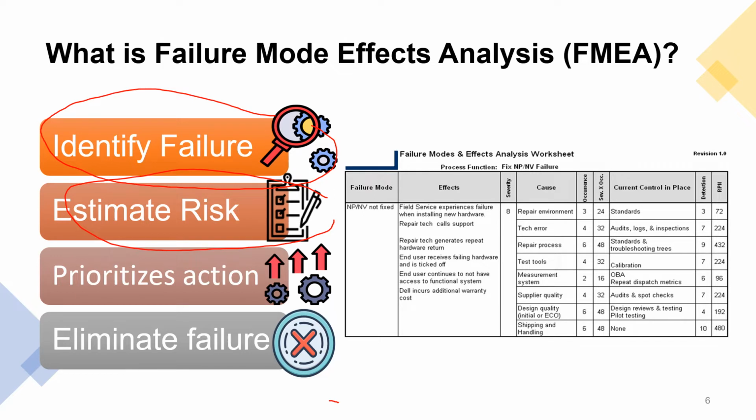How often will it occur, and is there any detection mechanism early in the process to prevent the failure? The estimated risk scoring will also help to prioritize the actions that should be taken to improve the process, finally leading to the best result of eliminating the failure or